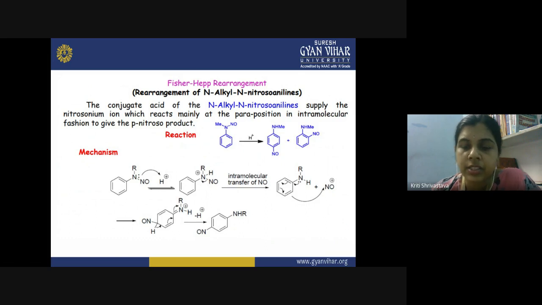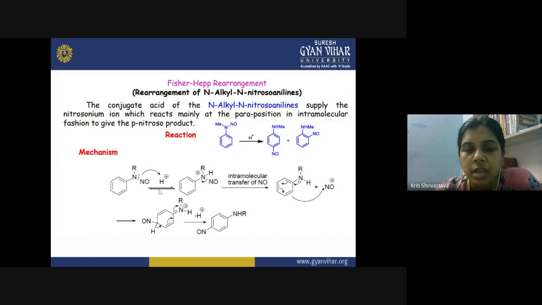So this is the starting compound, N-alkyl N-nitroso-aniline, and it supplies the nitrosonium ion in the presence of the acid. And this nitrosonium ion, the NO group, can be attached on the ortho or para position. So what is the mechanism of this reaction? This is the starting compound, right? You have an R group and NO attached to the